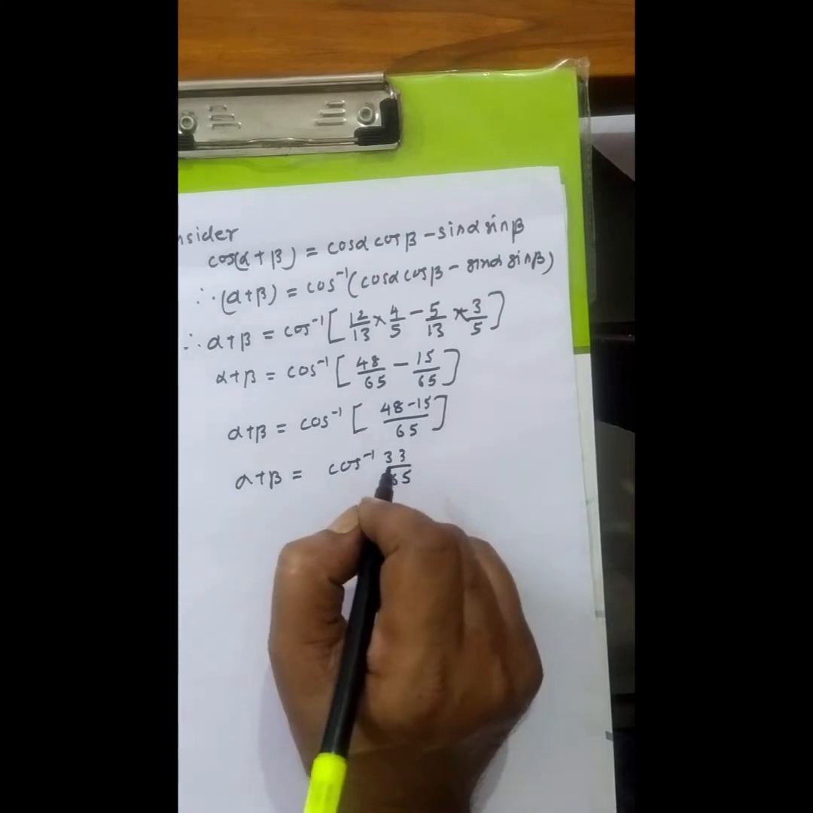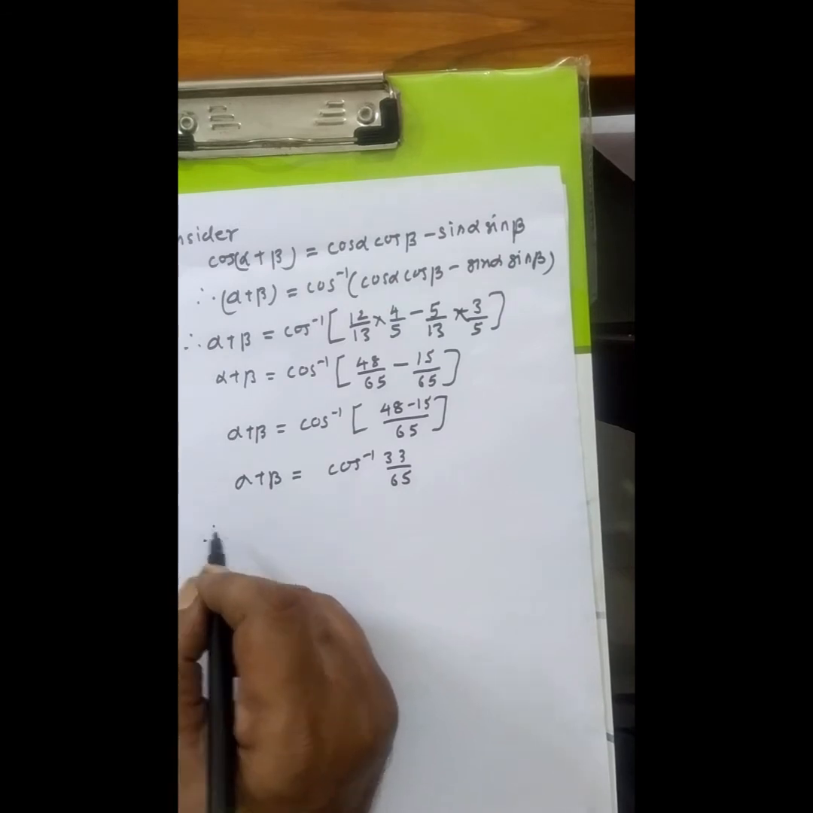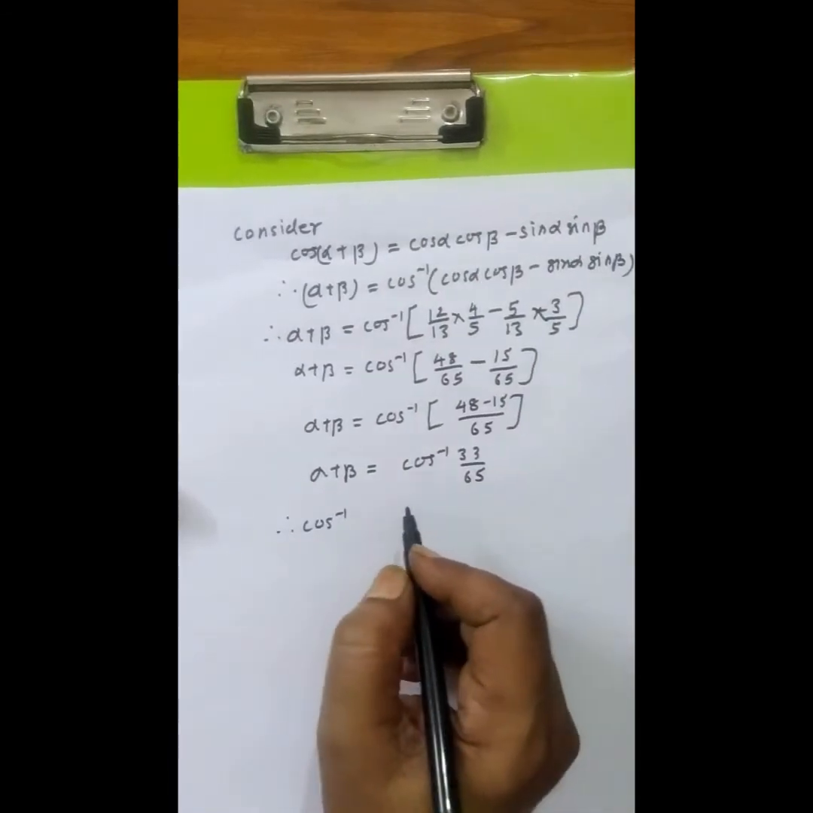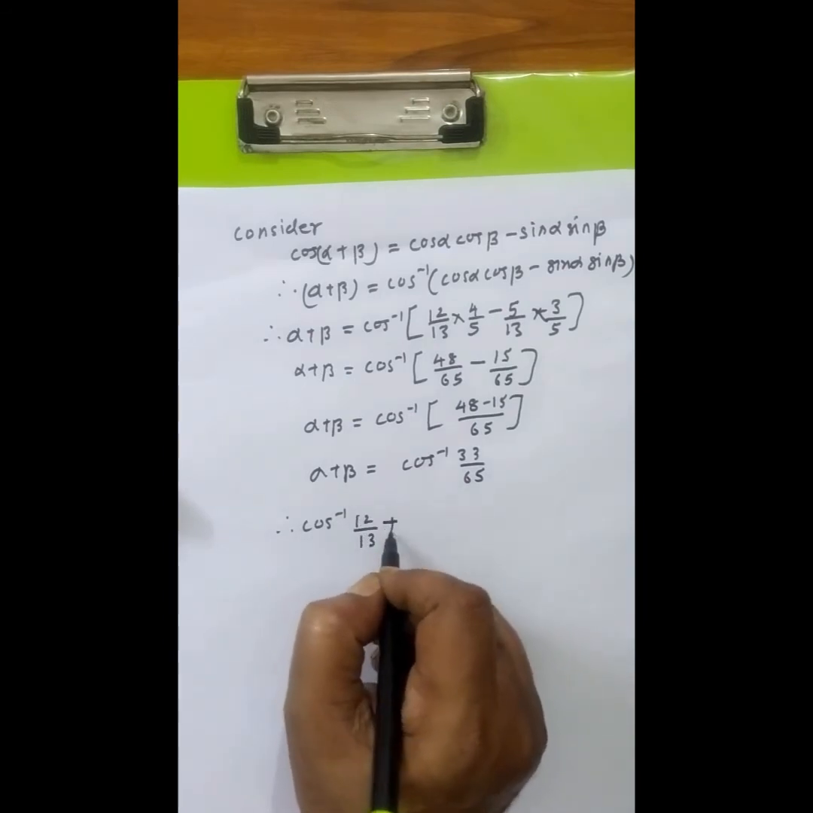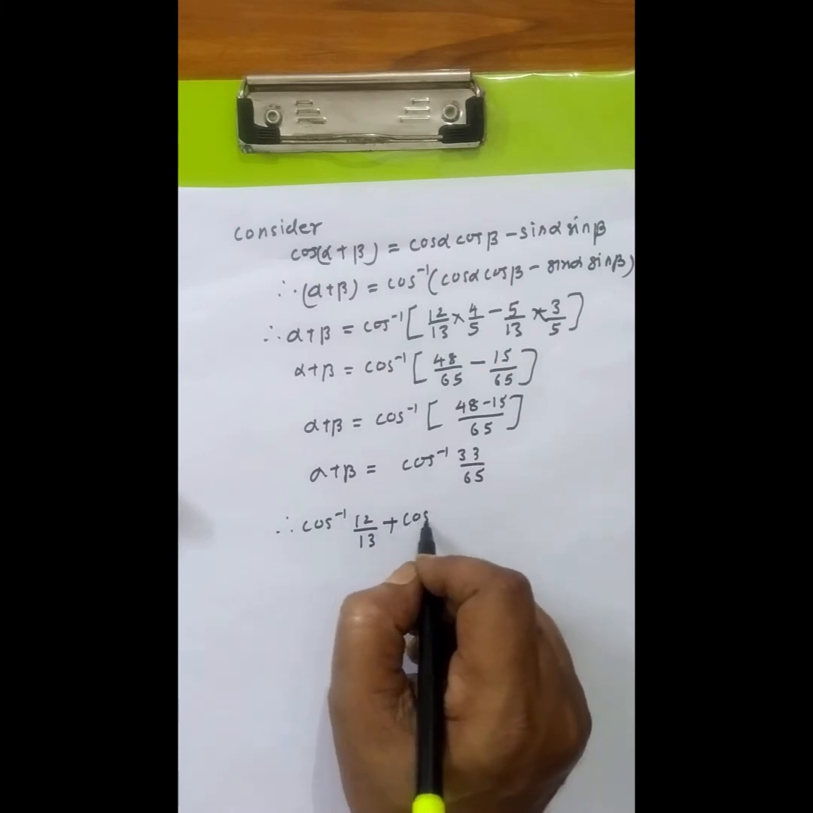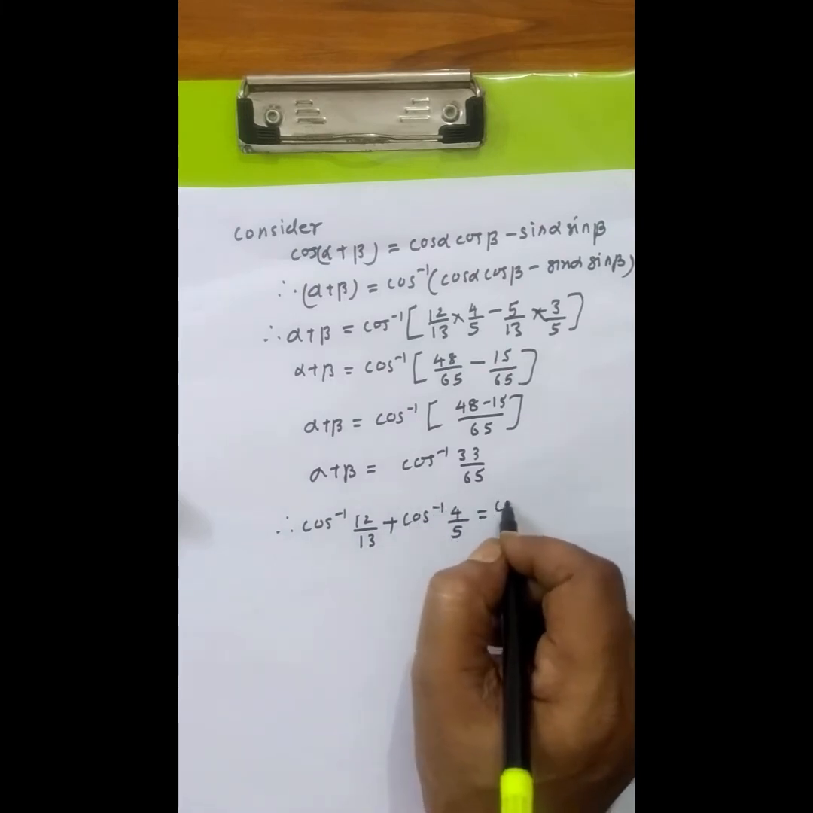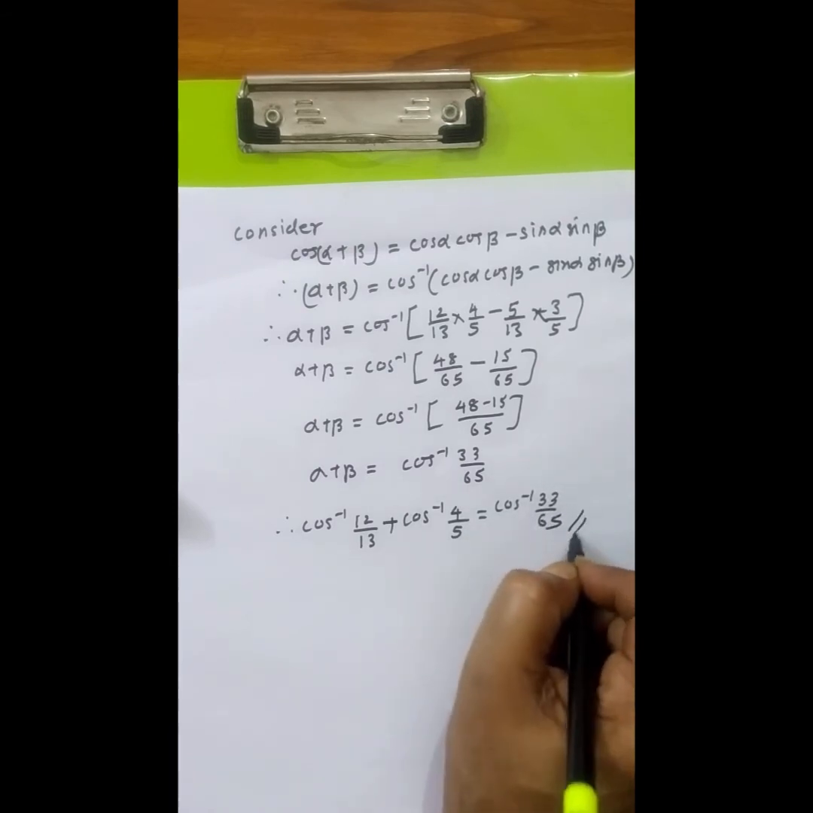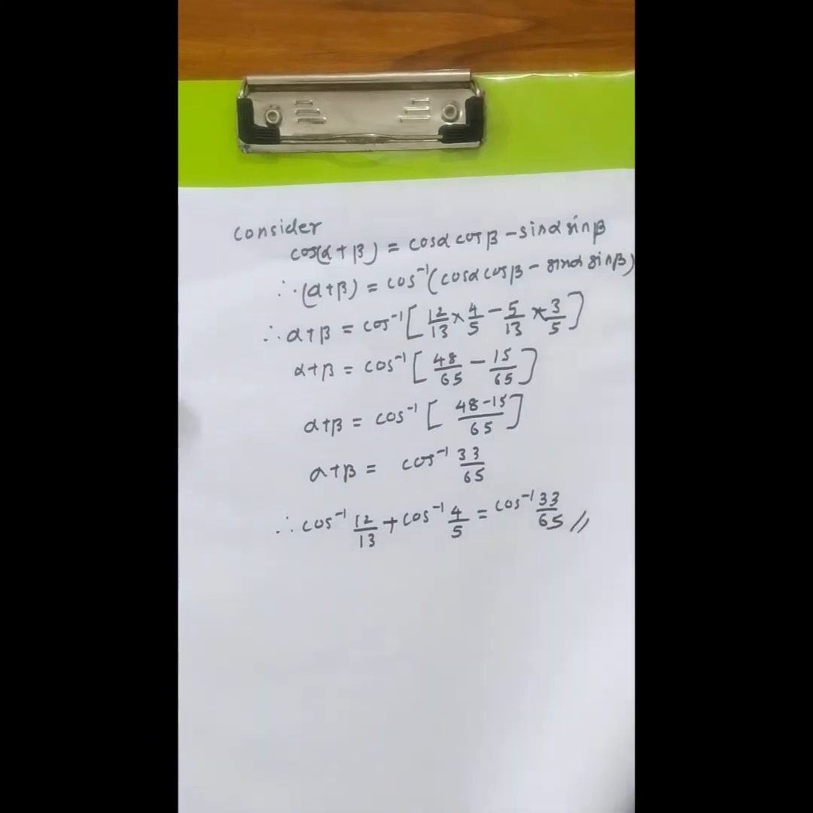But what is alpha? Alpha is cos inverse of 12 by 13. Therefore, we can write cos inverse of 12 by 13 plus cos inverse of 4 by 5 equals to cos inverse of 33 by 65. So, which is your result. Next, we will go for